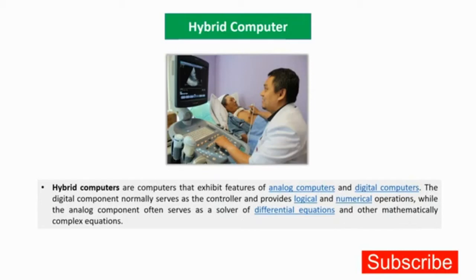In simple language, such hybrid computers you normally find in a hospital, where they need to check the heartbeat of a patient. At the same time they need some accurate data also. So a combination of analog and digital data are working together. Such kind of computers are called hybrid. Hybrid means both the features, analog as well as digital, that forms a hybrid. Okay, so you can write in your own words, in simple language. If anybody asks you, you can give your answer in your own words. So that's the hybrid computer.